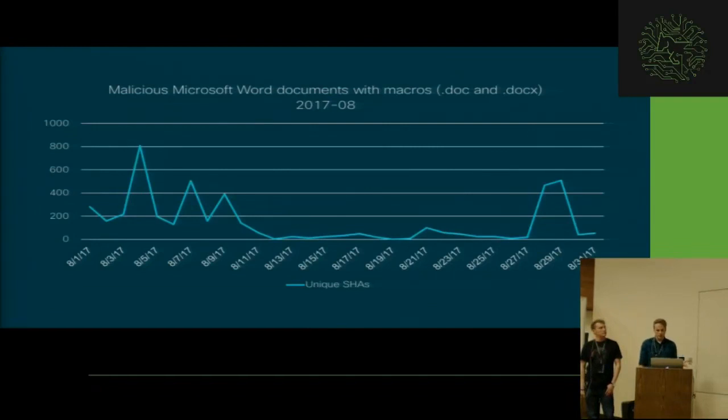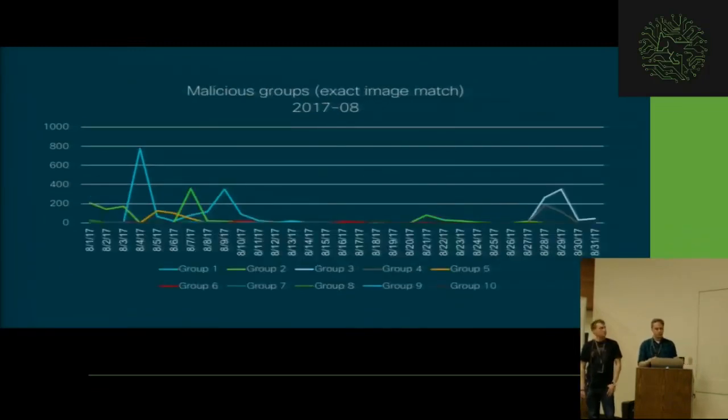So using the image hashing, extracting the images, and then grouping them based on that, we come up with this grouping. What I'm showing here is the top 10 groups in terms of count of unique documents that contained an identical image inside them. So right away you see some of the spikes are accounted for. This blue group 1, which is the largest group, had 800 unique documents with the same image.